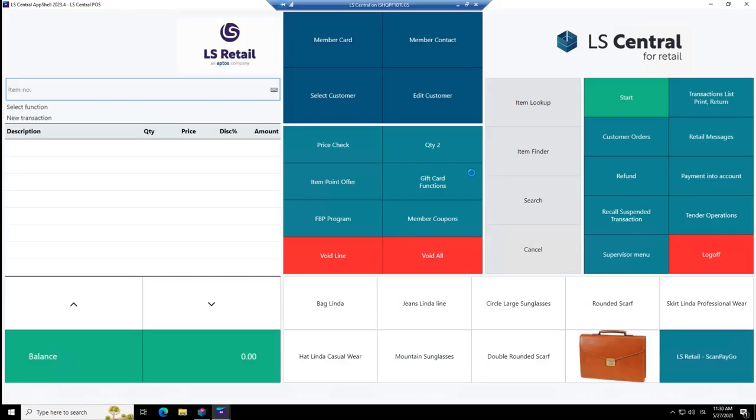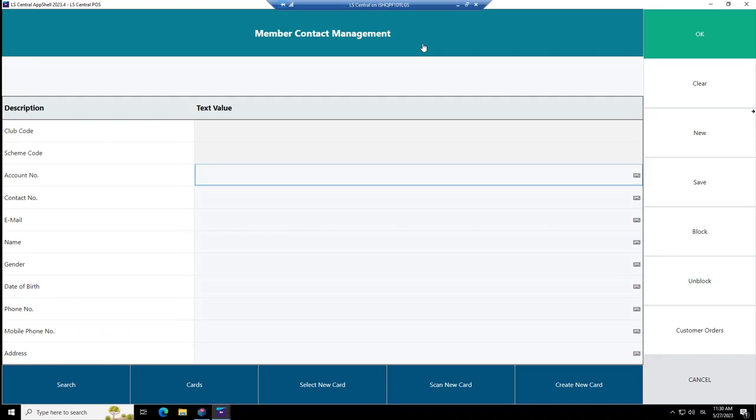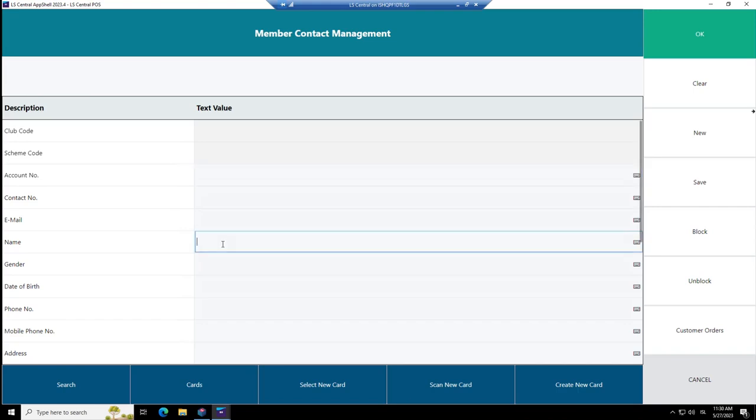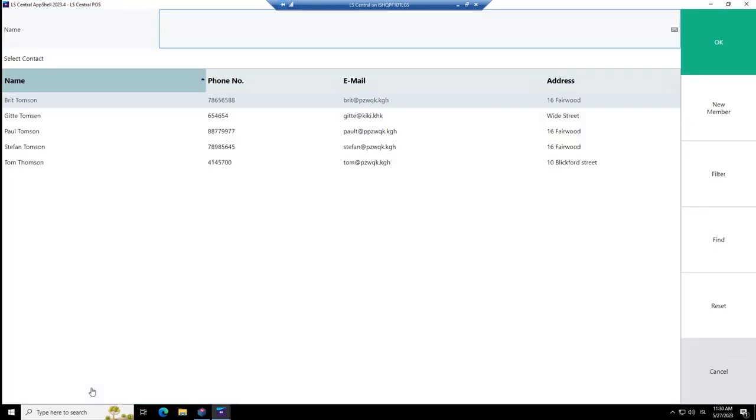The third way is to find the member. So somebody comes in, Tom comes into our store, and he forgot his card. He doesn't have a QR code or nothing for us to find him. So we can always use the member contact option, where we have some options here with operations on right and on bottom. So we want to find Tom by his name, so we key in Tom. And then we'll use search. And then we're going to find all guys with the name Tom something. So, of course, Britt comes in, Paul, Stefan, Gitta and everything.